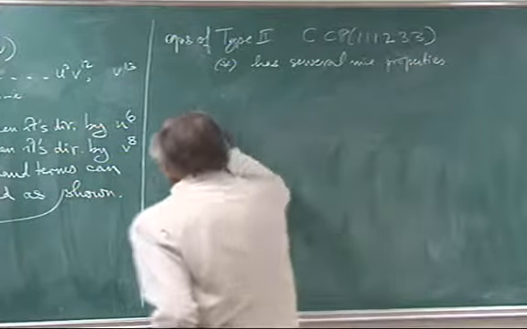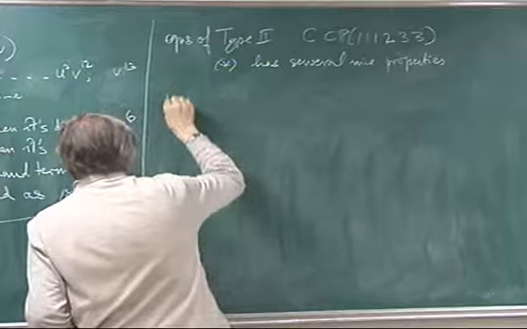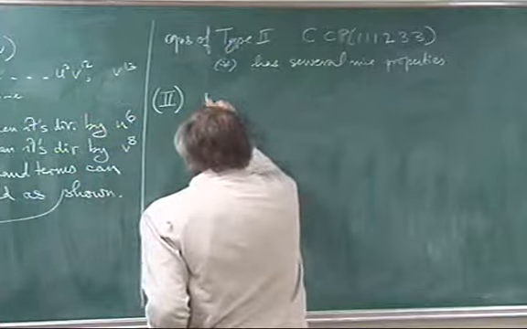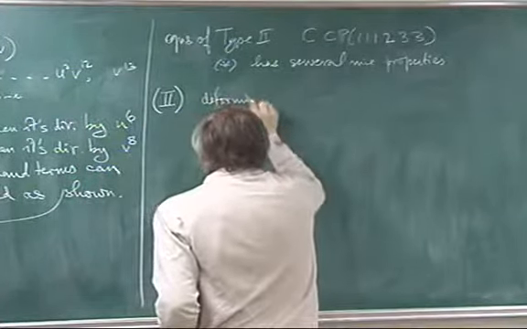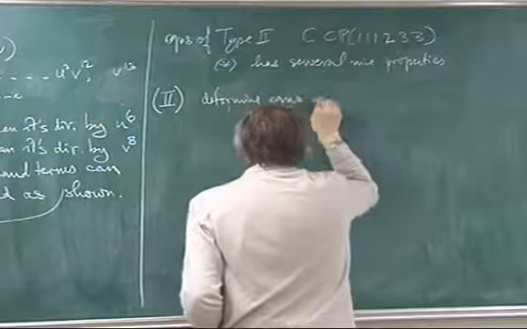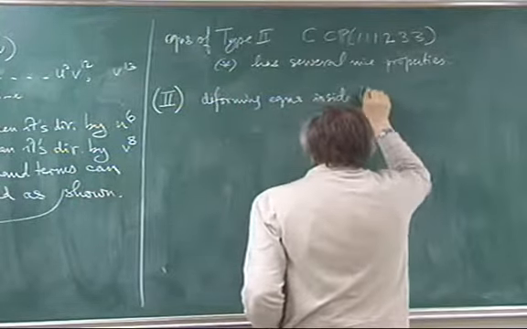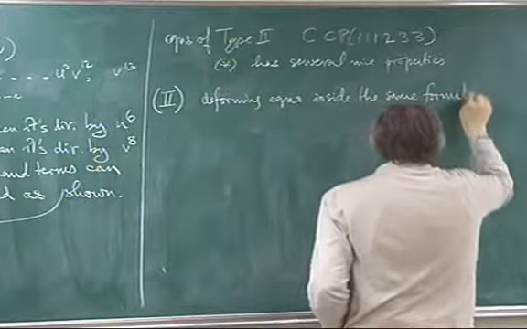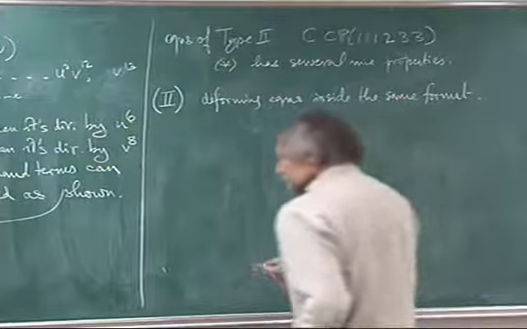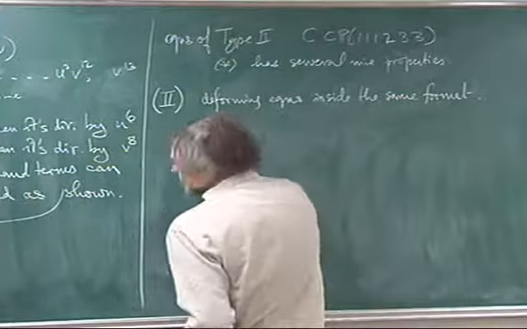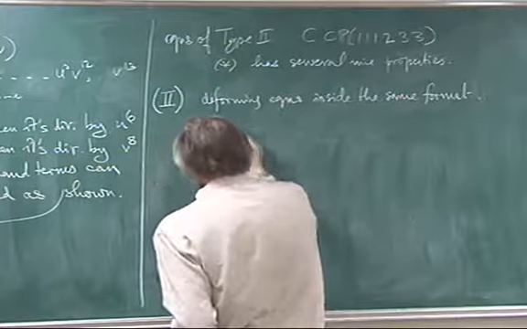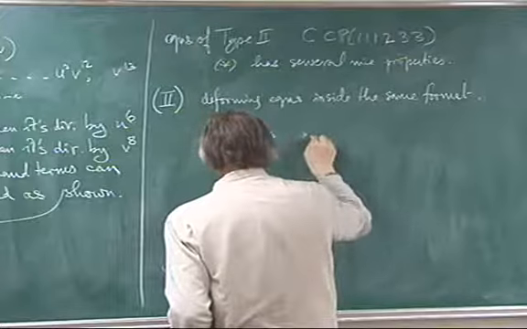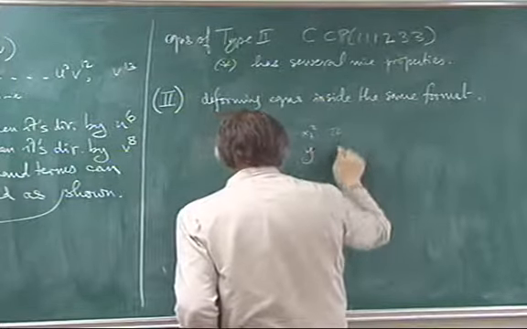And so I'm going to talk about, first, the nice property 2. This is to do with deforming the equations inside the same format. Right. The point I want to make is here: I've got this x1, x2, and I've got this x2, x3 squared y, z1, z2,